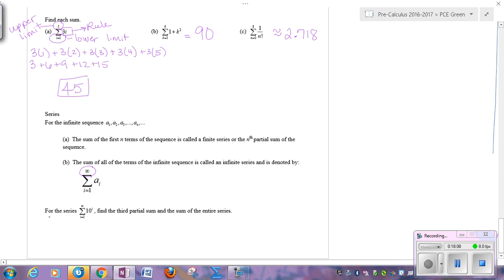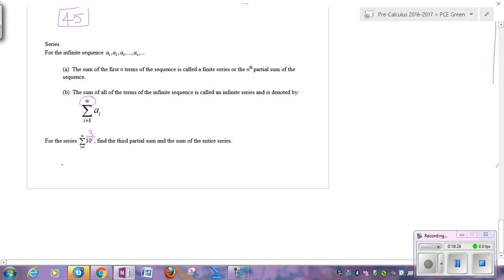So for this next part, it says find the series, and we're going to change this. I had a little typo. This should be 3 divided by 10 to the I. It says find the third partial sum. So if I want to find the third partial sum, I'm only finding the sum of the first 3 terms, which means I would put 1 in for I, 2 in for I, 3 in for I. So I'd end up getting 3/10 plus 3/100 plus 3/1000. And when I add those all together, I'm just going to get